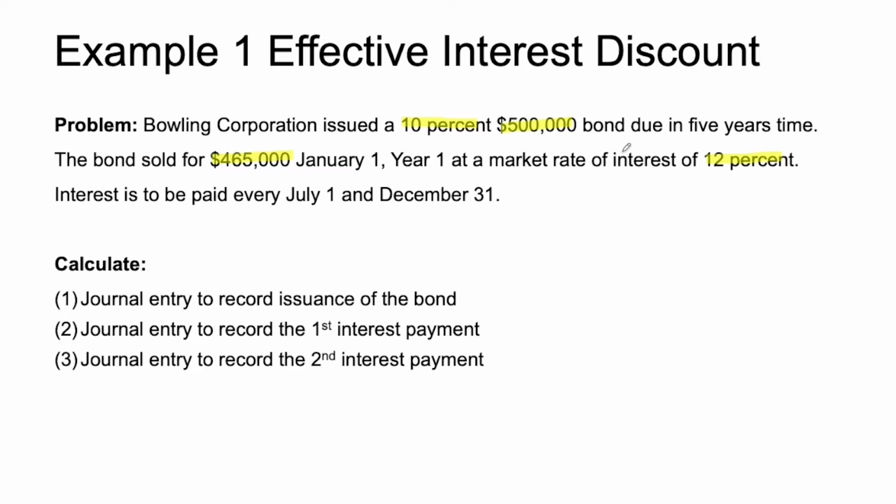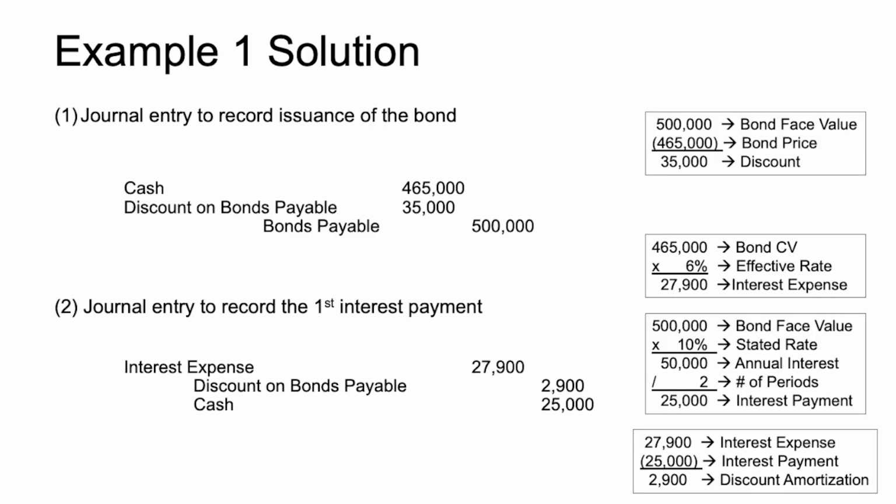So now, with that, let's jump right into our first question here. Journal entry to record the issuance of the bond. So taking a look at our solution here, in order to do this, we want to take the bond face value, which was given in the problem at $500,000, subtract out what the bond actually sold for, i.e. the bond price at $465,000, which was also given in the problem, to find out the discount on the bond